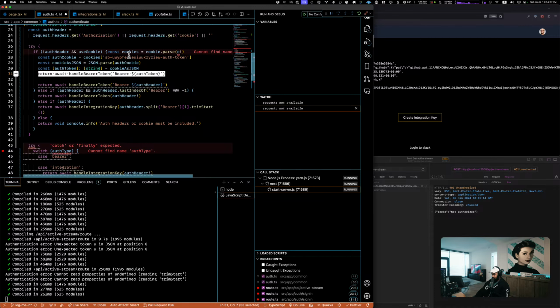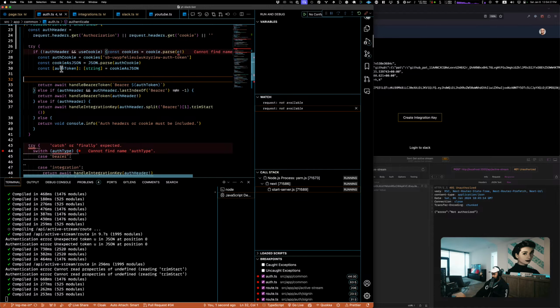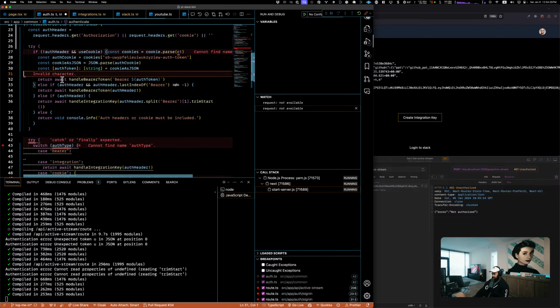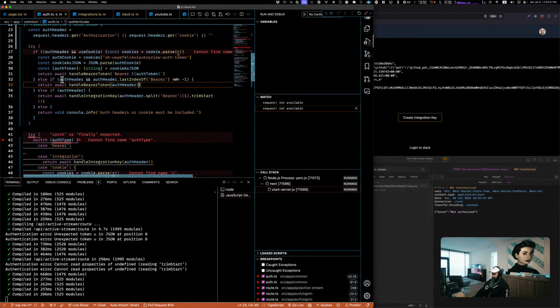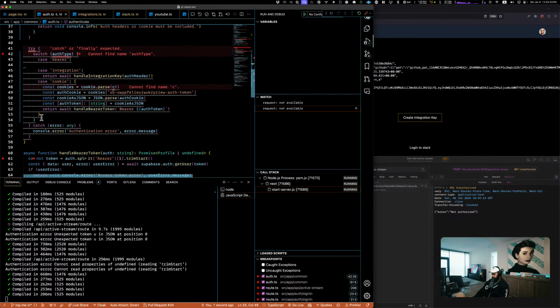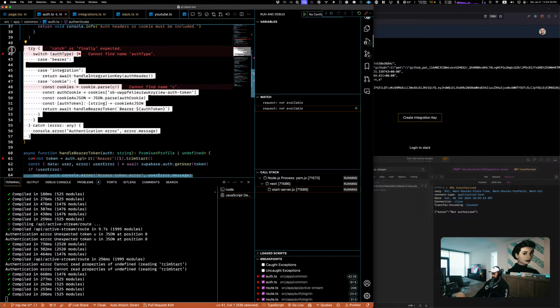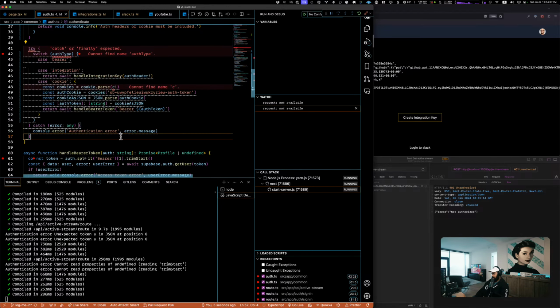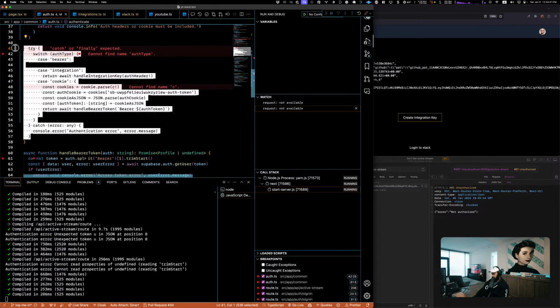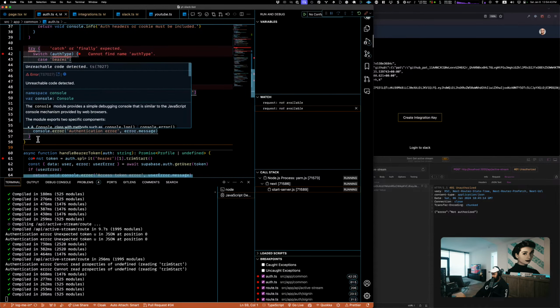So auth token, and then we'll just say auth token right here. Okay. So now our cookie logic should be done. And then I guess I want to take this catch here.